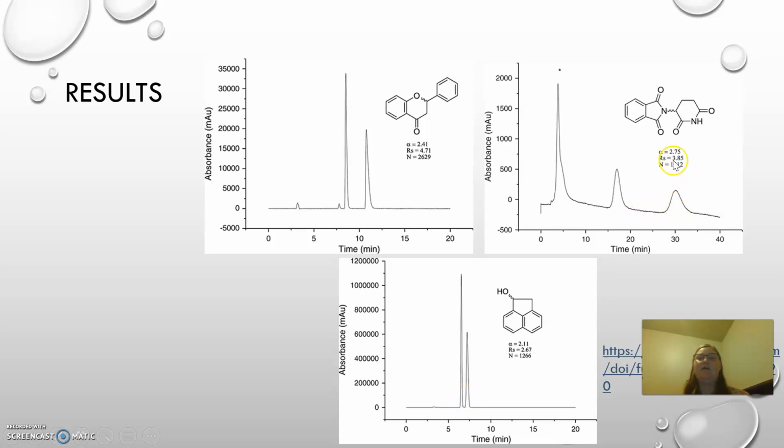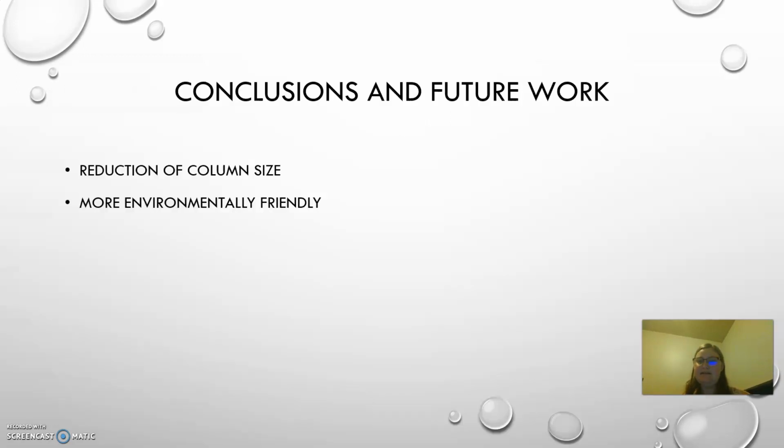So you kind of want to maximize this. And then this one is the best one. What this means is that the high-performance liquid chromatography did a good job of separating the different enantiomers. And this is very important to be able to separate the different enantiomers.